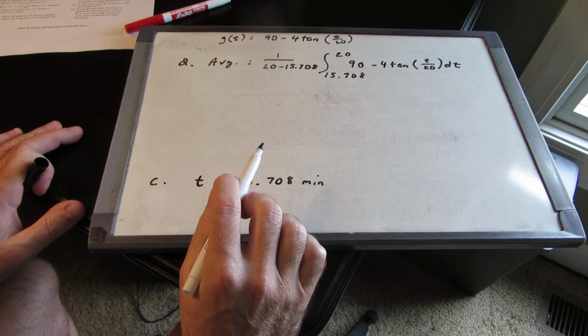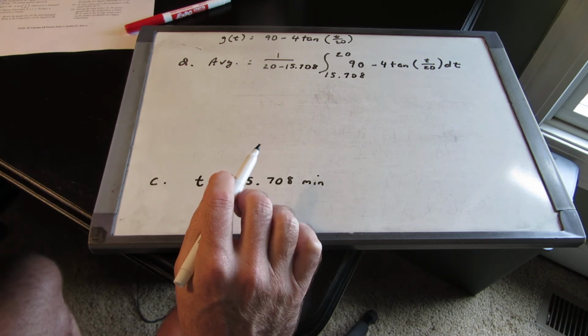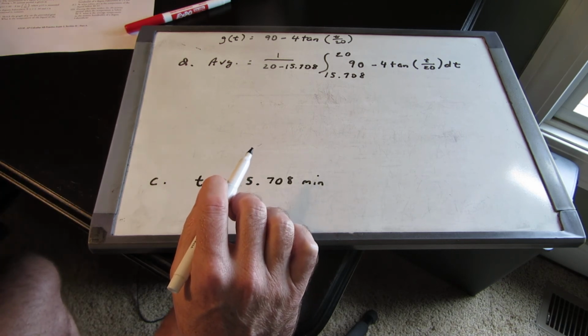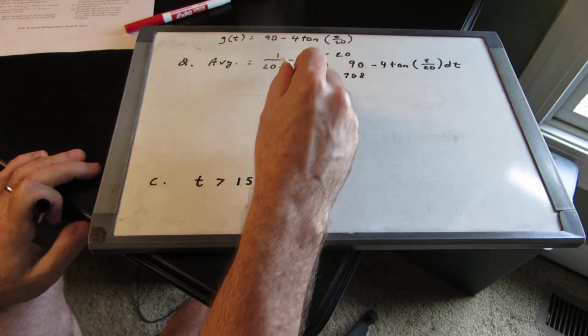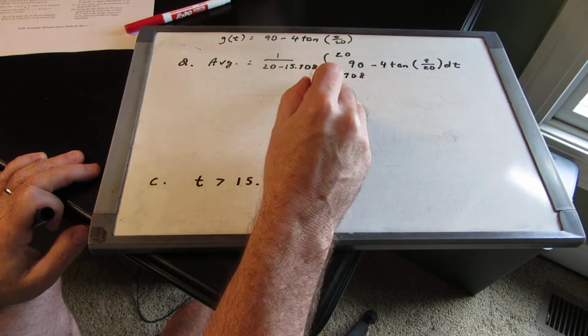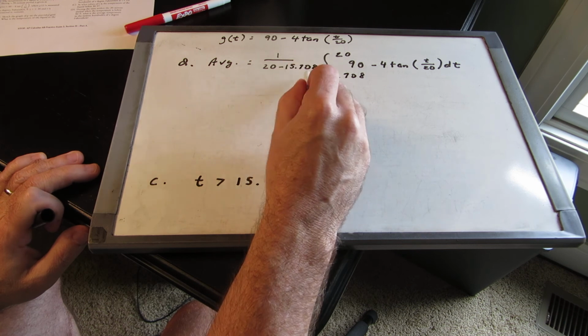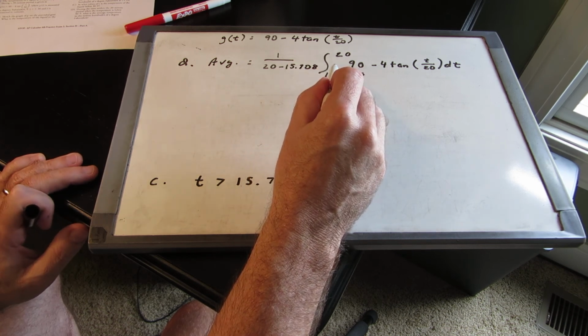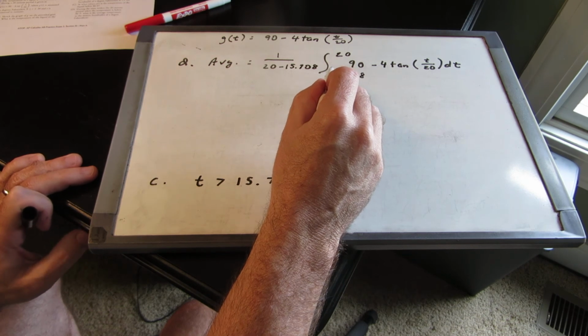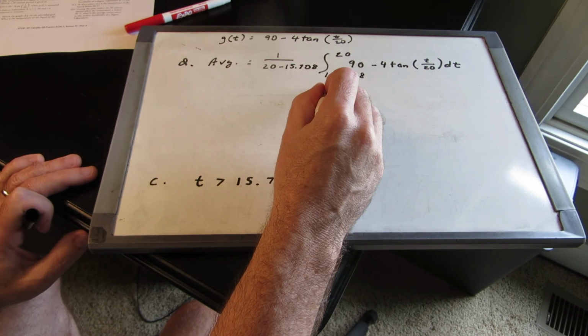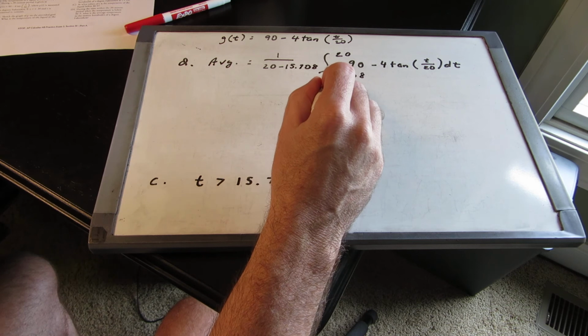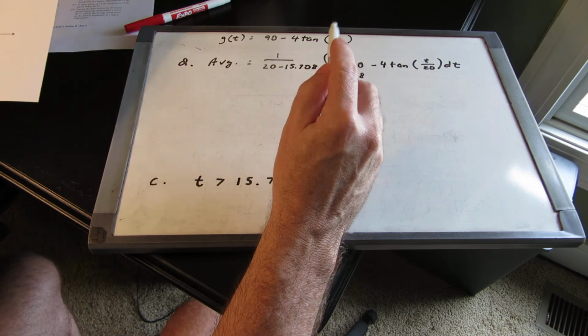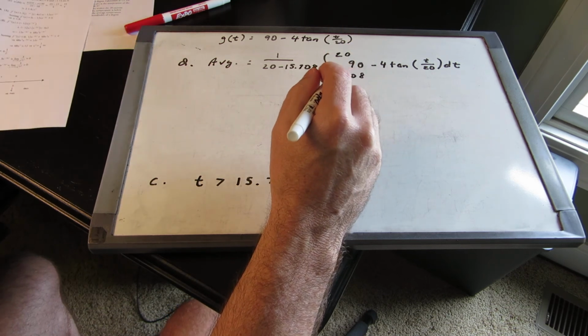Now go ahead and try that. Put that in your calculator. You can go ahead and simplify it, put whatever that value is, that 1 over 20 minus 15.708, that's like 1 over 1/4, right? Just a little bit more than that. But when you put it in your calculator, you'll get 84.9851